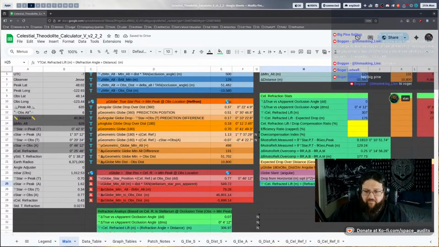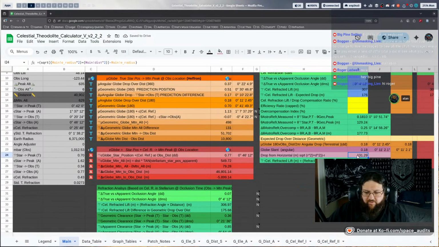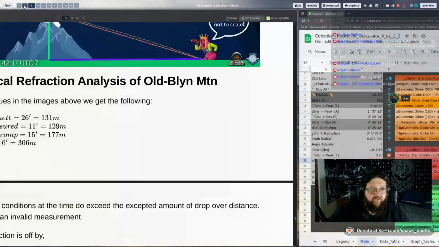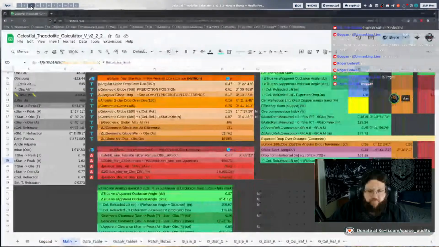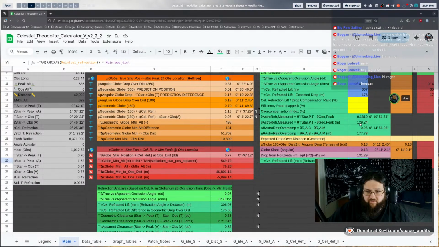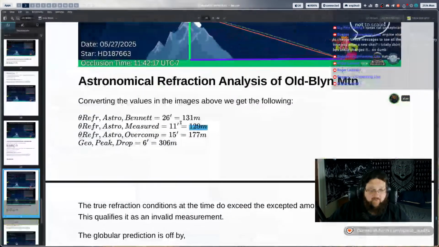Okay, the actual lift over, so there's 131 meters of drop over distance. The actual lift was 360 for that, so that needs changed to 360 there, because that's just copied from the old value. And then the measured difference there, to make sure that's right, was 129 meters for the actual separation between the two. So actual refraction amount was 11, not 26.